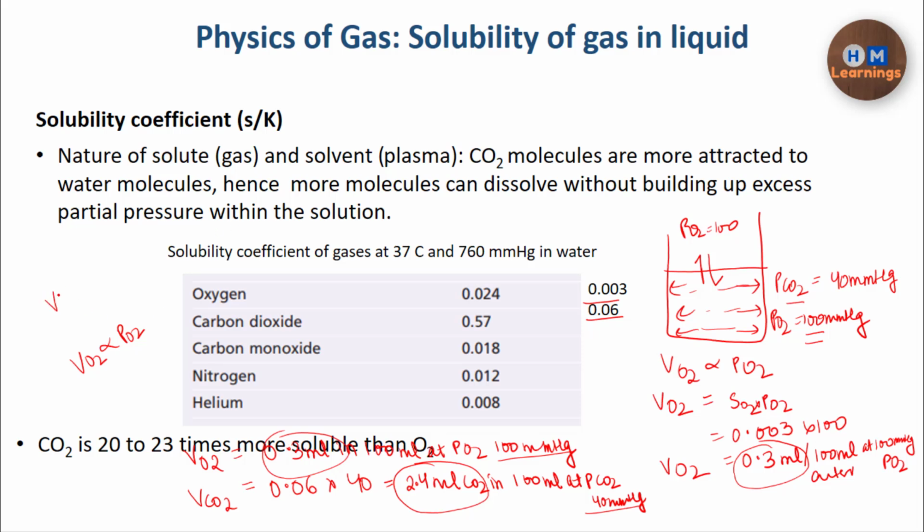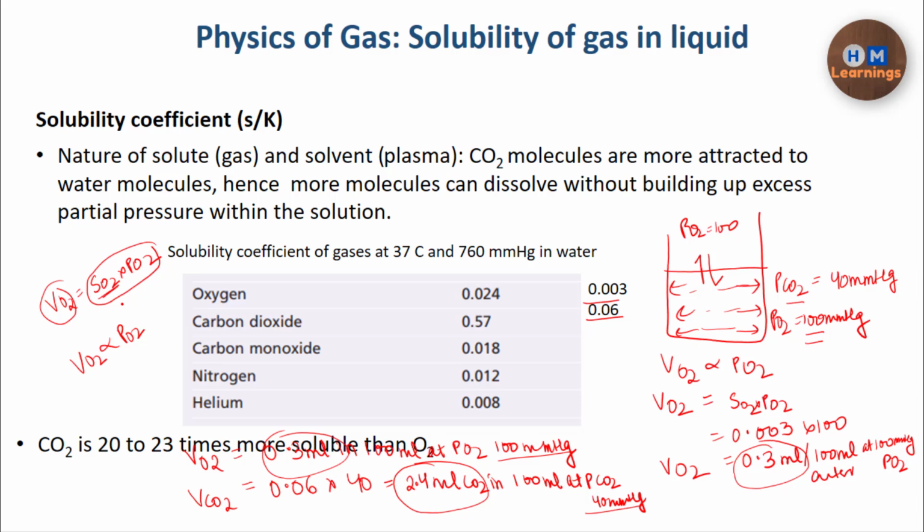So you see that if you multiply the solubility coefficient with the partial pressure, you get the volume of that gas in a liquid phase. The solubility coefficient is basically the amount of that gas dissolved per unit ml or 100 ml of the liquid at 1 mmHg of partial pressure of that gas in the gaseous phase. So if you multiply it with the partial pressure of that gas in the gaseous phase, you get the volume dissolved of that gas in the liquid phase. Okay. So I hope I am clear with this, that carbon dioxide is 20 to 23 times more soluble,